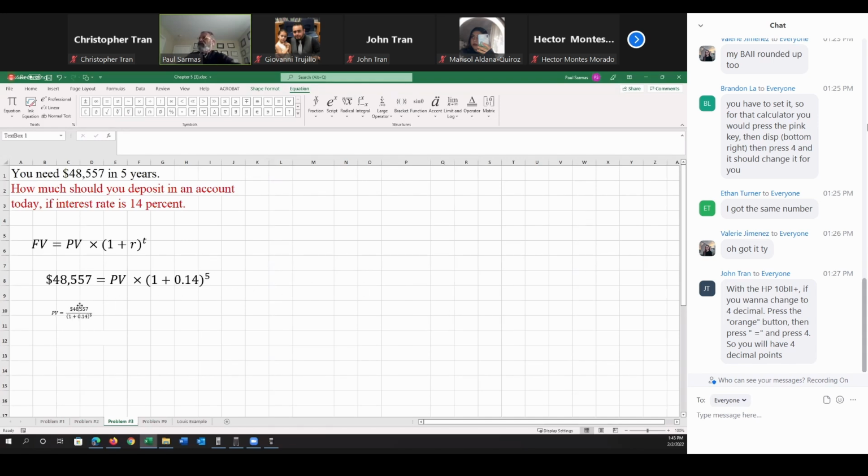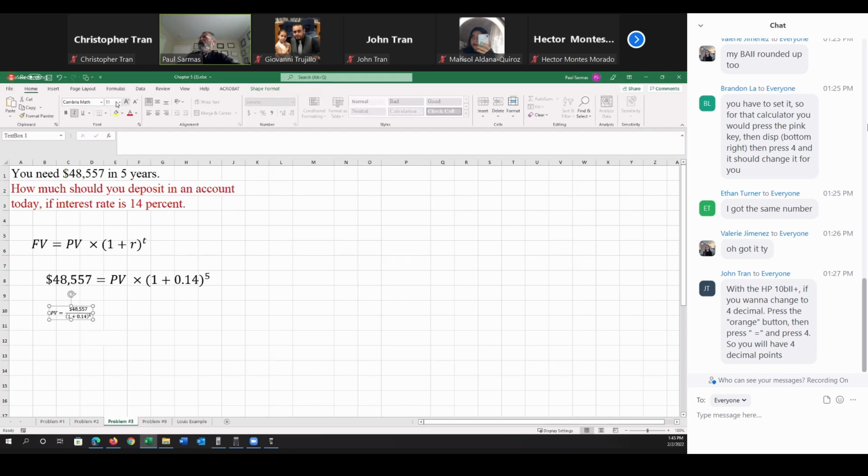So if I increase the fonts on this equation,